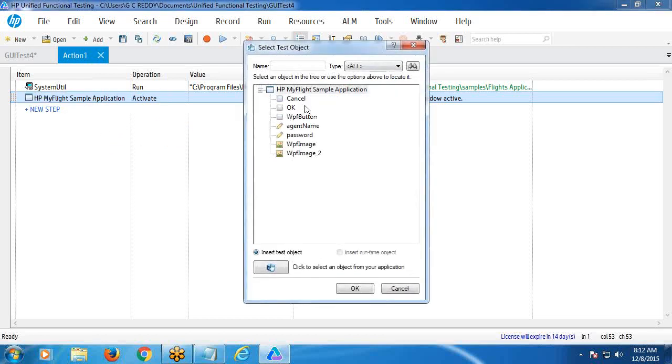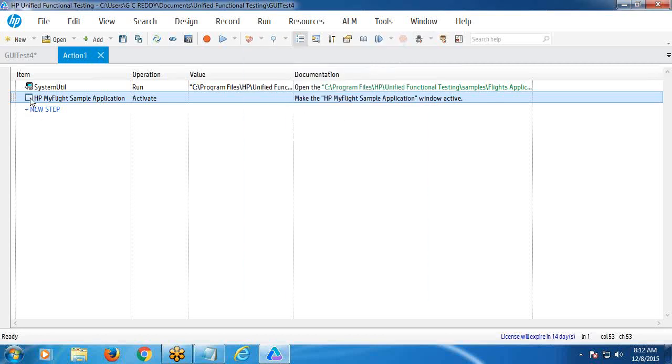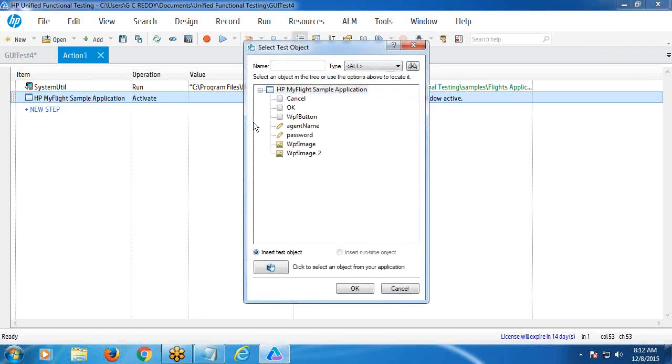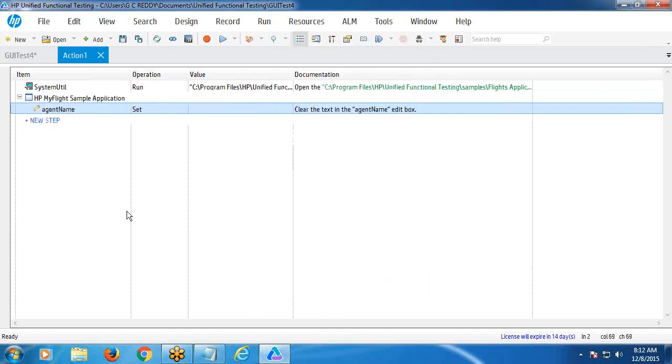Object repository, agent name, WPF edit. Where is WPF edit? Here enter value,